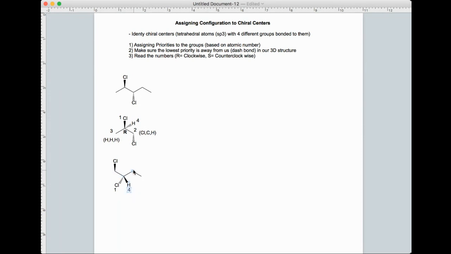Now I have 2 carbons here. This carbon here is bonded to, and I'm going to repeat the same exercise. The carbon on the right is bonded to hydrogen, hydrogen, and carbon. So carbon will be the highest priority of the atoms bonded to this carbon. The other is bonded to hydrogen, hydrogen, and hydrogen. So because of that, what I'm going to use to compare in this case is going to be carbon because that's the highest priority of these 3. And then I'm going to look